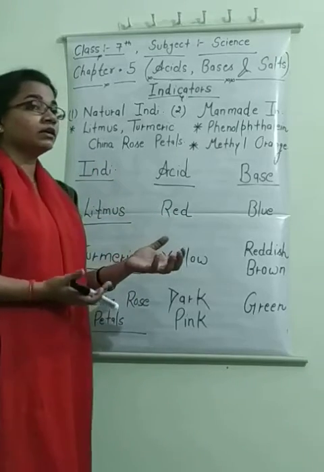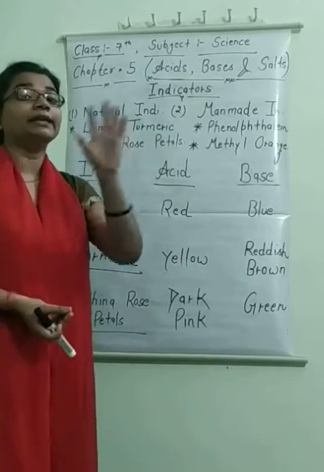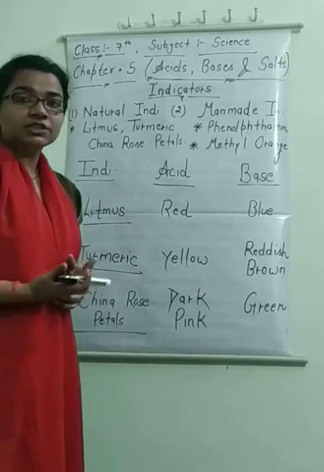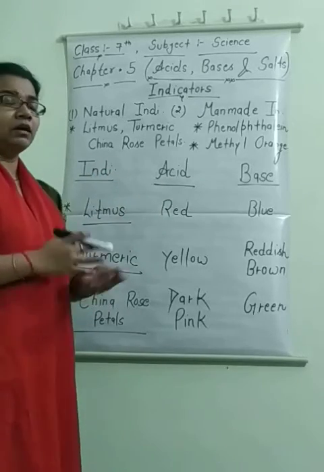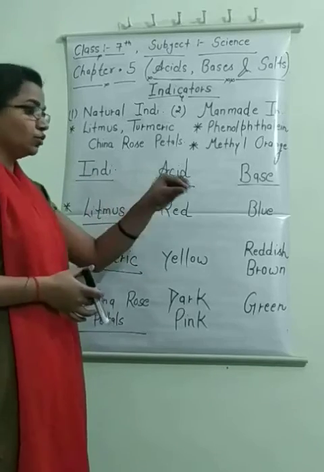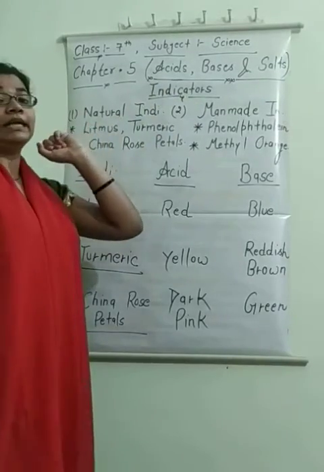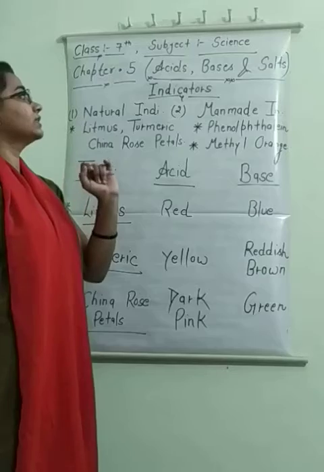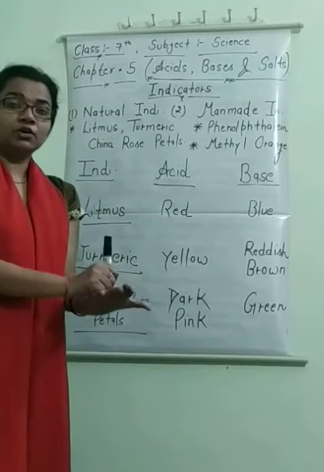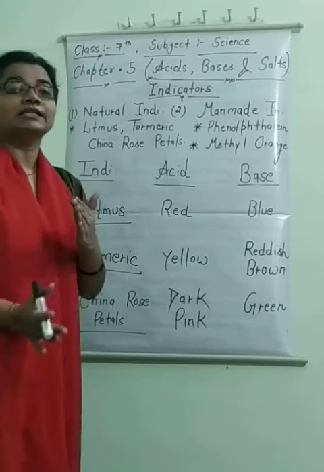Some substances are very mild and soft. I mean, we can directly touch them and identify them. Some contain chemical natures, so we can't touch them directly, and with the help of different forms and different ways, we get to know about them. So here's the term indicator. These indicators are for the identification of the nature of any substance, whether it is acidic or basic.